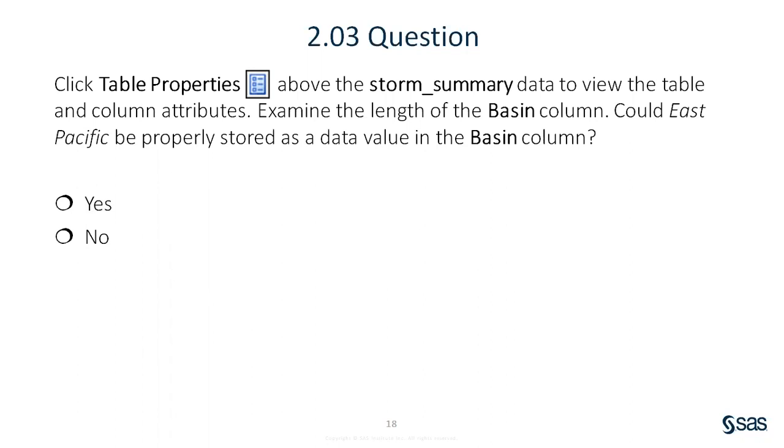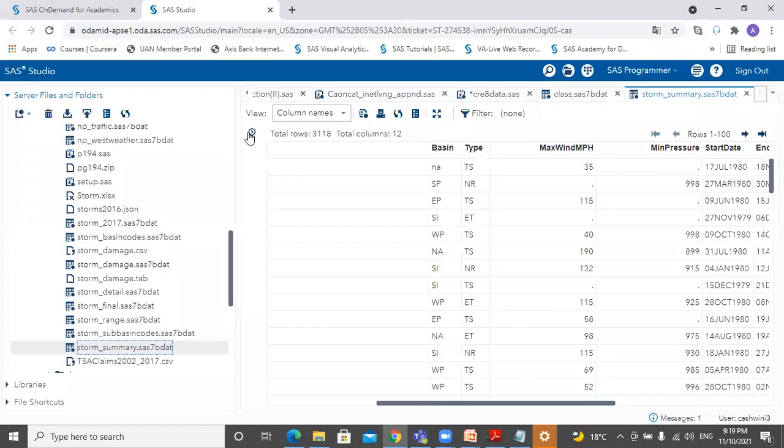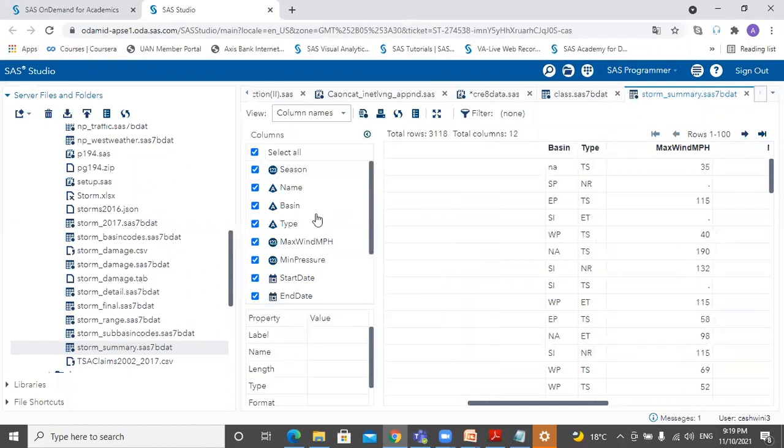Here you have the table properties. See this icon for the season column, 1, 2, 3, it indicates a numeric column, whereas the icon for all the others, showing a triangle A, indicates a character type column. If we click a column called basin, below we get its properties.